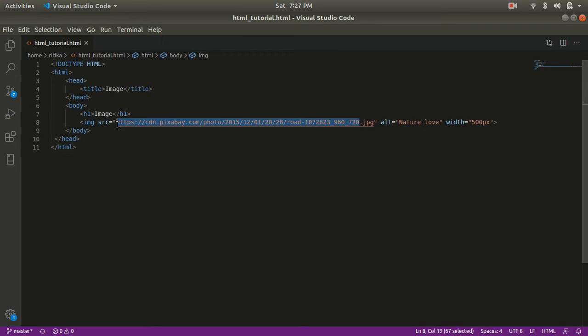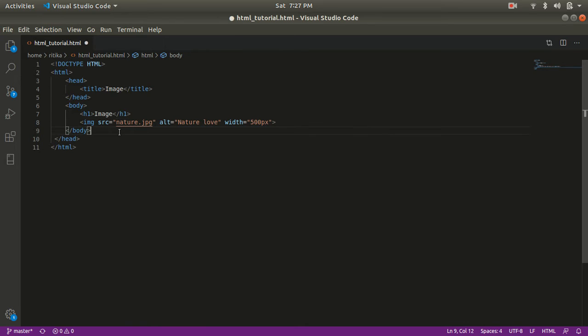So when we want our image to be from our own folder, we don't have to write the entire thing. Suppose we have saved the image with the name nature.jpg, we can straight away give nature.jpg, or if it's within some folder we just have to give the folder name.